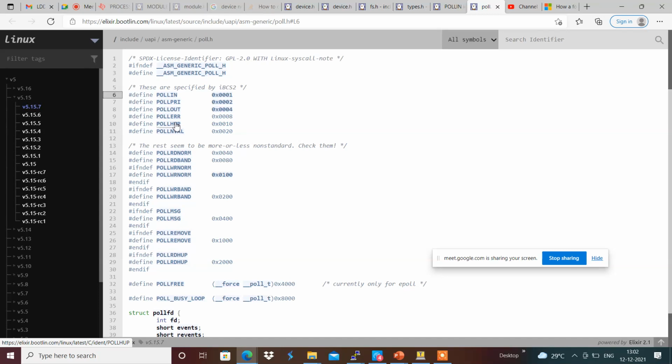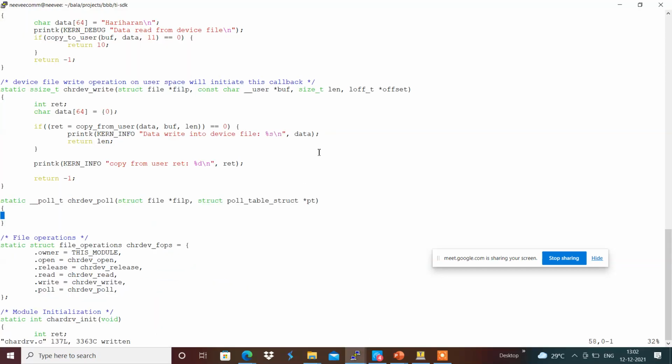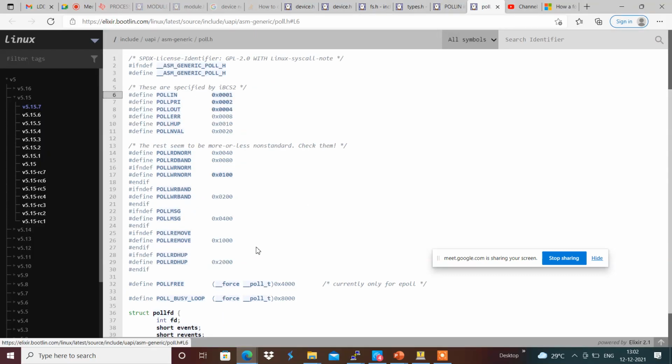For example, I am going to use some kind of a return over here. In this, I am going to return, suppose, poll in over here maybe, or else I am going to give poll out, that makes something like there is data available to write, but data cannot be written accordingly over here. That we will see how it behaves now.